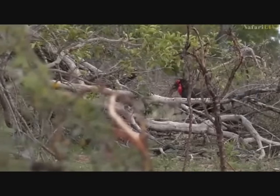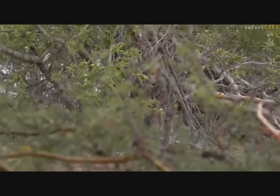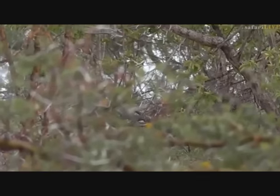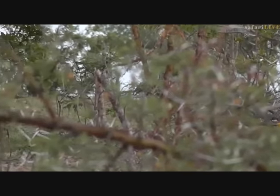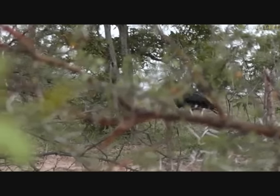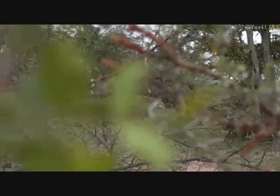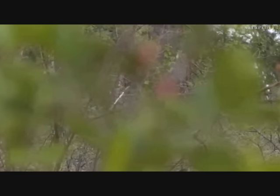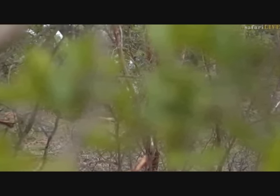The biggest threat to these amazing birds is their habitat loss. As you know, there's such a delicate balance in nature. And human beings, in terms of the impact that we've had, have been absolutely... Some species have just fared worse than others in terms of our encroachment into their lives, and the Ground Hornbill have not done well. They take about 7 years to reach sexual maturity, so it's quite a slow-growing creature,